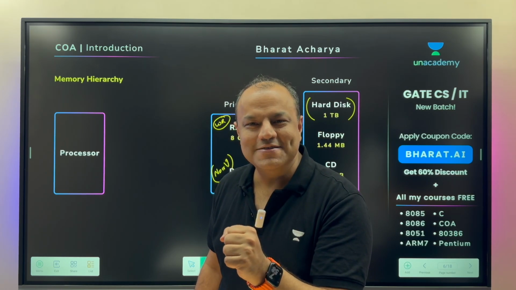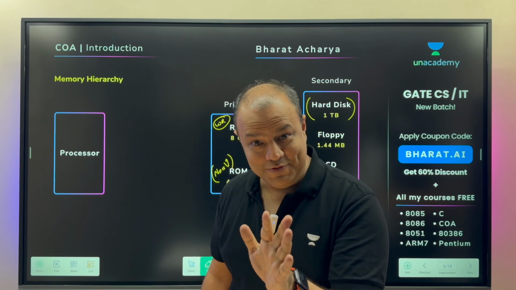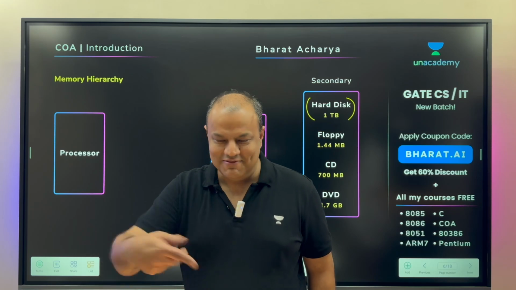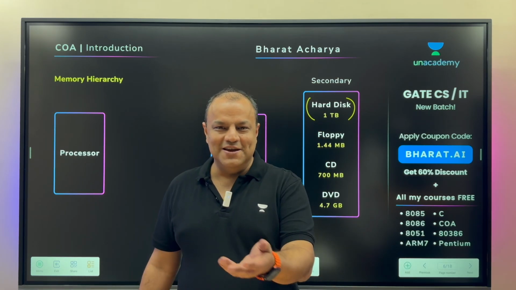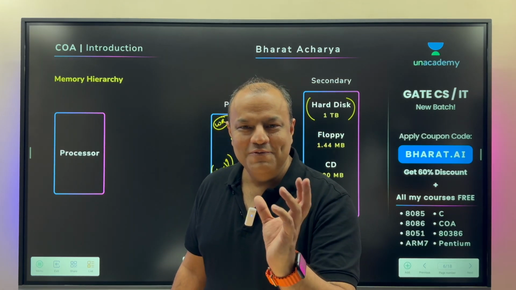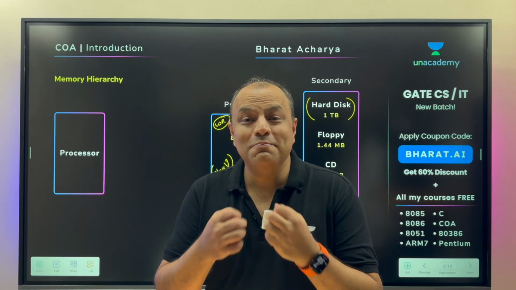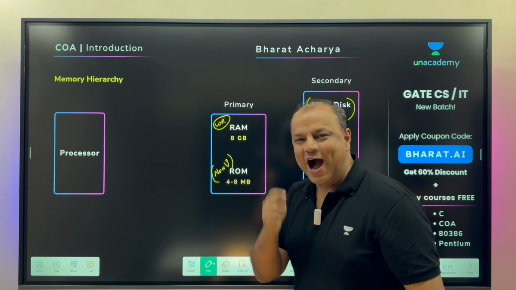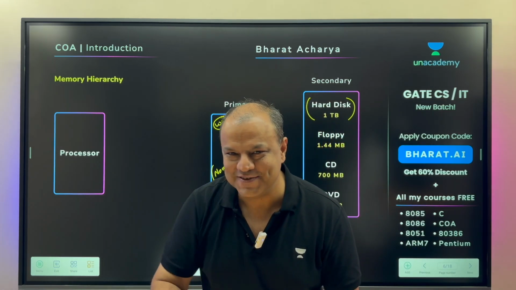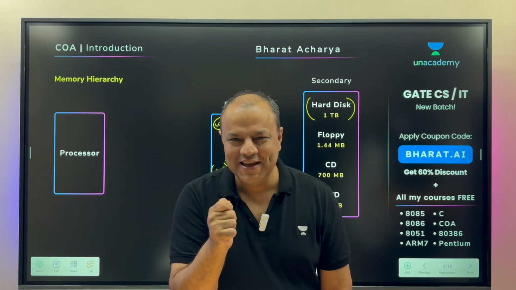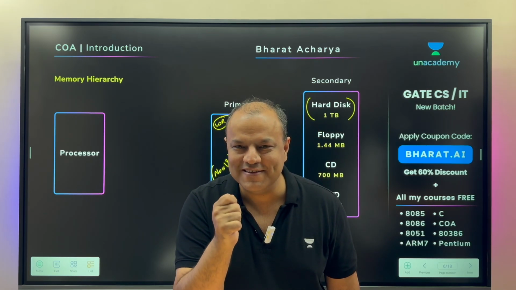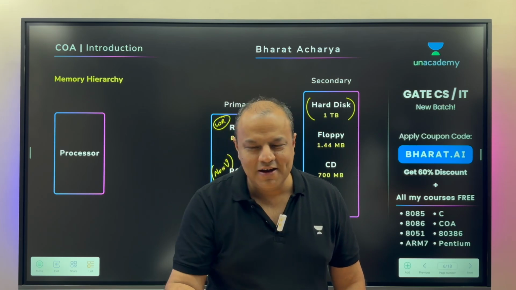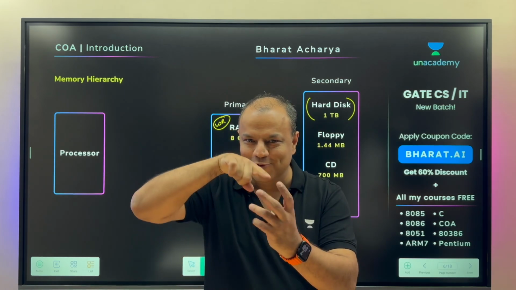Hard disks rotate at 7,200 RPM. Yeah, I'm giving you real world numbers. 7,200 rotations per minute divided by 60. That's a basic 120 rotations per second, which is very slow as compared to pure electronics. RAM and ROM are chip memories. They are not disk memories. A chip memory is pure electronics, a semiconductor chip. Nothing has to be rotated. Data can be randomly obtained from anywhere. There is no sequential movement.